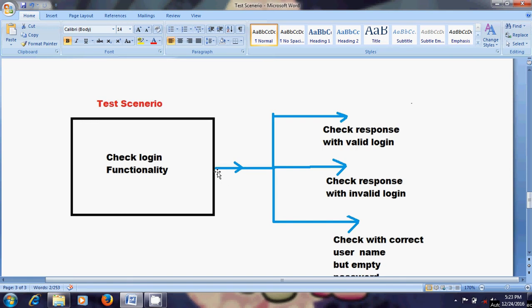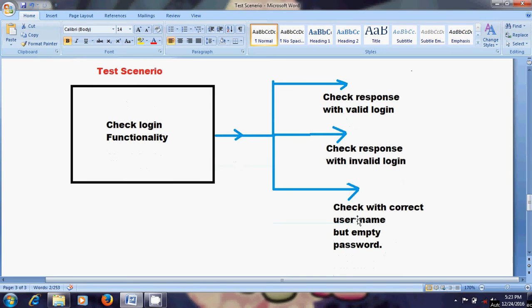When you check the response with valid login, it is a positive test case. Check the response with invalid login, it is a negative test case. And it may be possible that you enter the correct username but an empty password and click on the login button. In that case, you also get an error message that please fill the correct username or password.